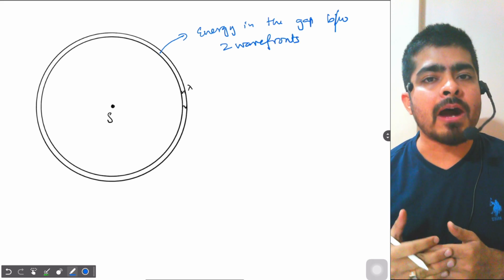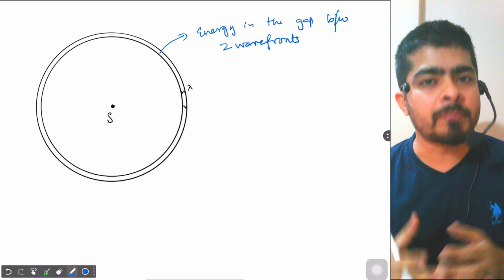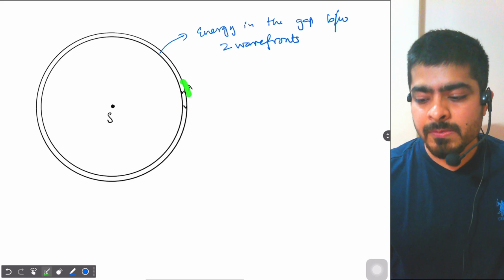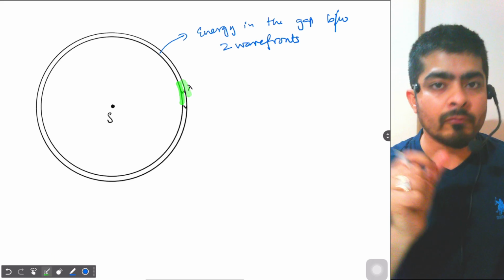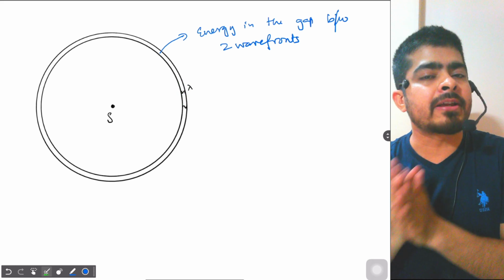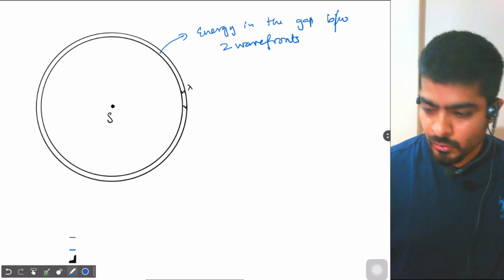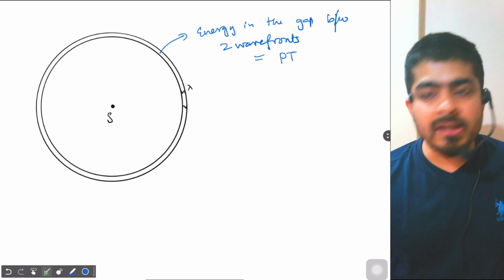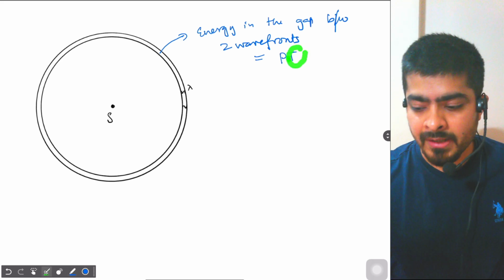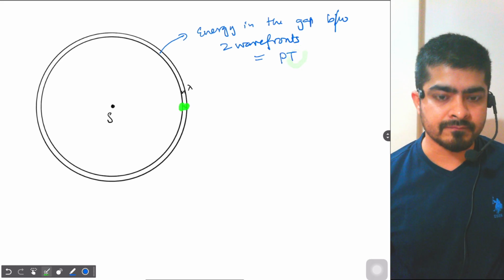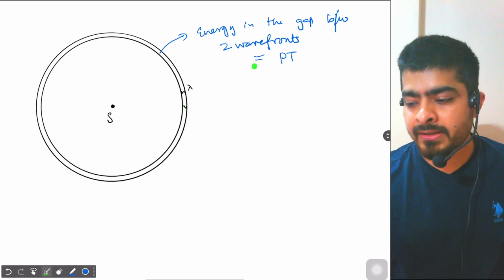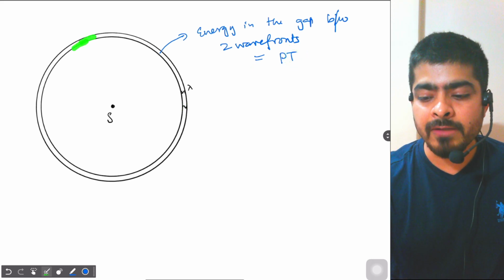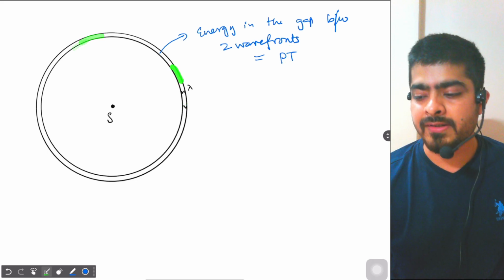You are emitting power, you are emitting sound energy at the rate of P. Okay, the power of the sound source is P, and the distance between two wavefronts is equal to one wavelength, and the time taken for emitting one wavelength is how much? One time period, T. So we could say that this energy will be equal to P multiplied by T. Energy emitted in one time period will be the energy stored in one wavelength. Okay, energy emitted in one time period will be equal to energy stored in one wavelength. So the energy in one wavelength or energy between two wavefronts will be PT.